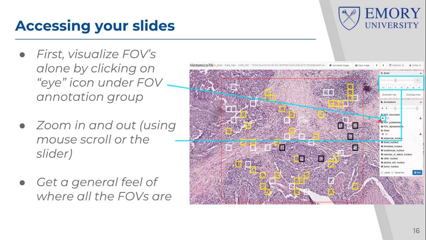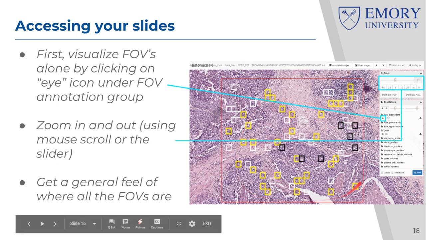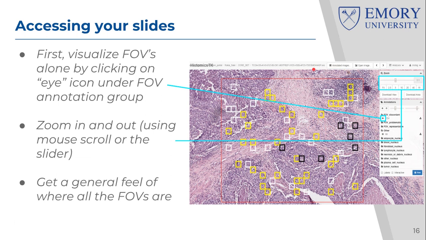But again, the first thing you need to do is click on the eye, make sure you see these fields of view, and know how many of them there are, where they are, what their colors are, and so on. You'll notice that these FOVs have different colors, and don't worry about what they mean. These are cues that I used to pick these fields of view. They were picked automatically, but based on some objective criteria that I set. The yellow ones were picked under certain criteria, the white ones under other criteria, and so on. So don't worry about what the colors mean. Just know that if it's a field of view, then it needs to be annotated.